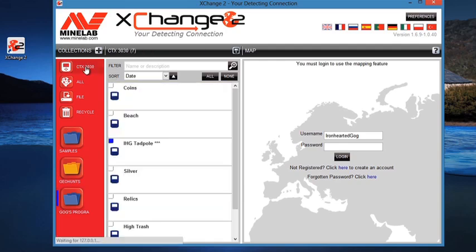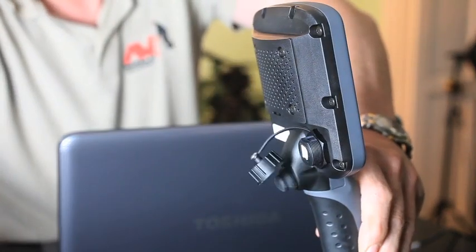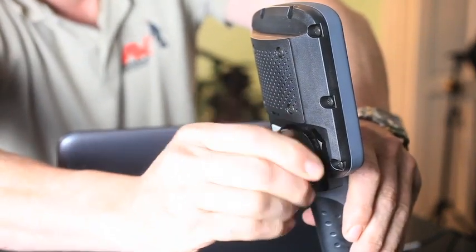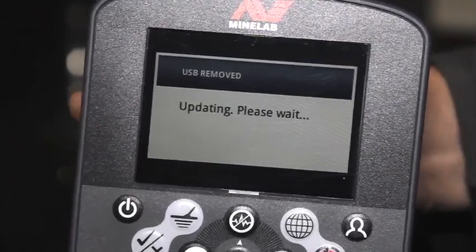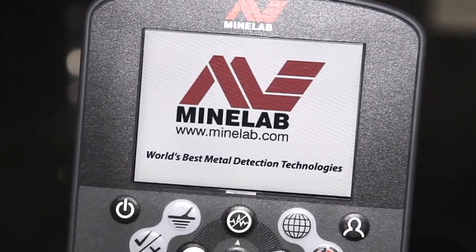Click on the CTX 3030 tab, and we can then see the two downloads are now sitting on our detector. So then all we have to do is disconnect the USB cable, and then the CTX 3030 will update its programs and save those to them. So that's it, the files that we downloaded off the internet now on the CTX 3030. So it's just a matter of getting to the field now, going into the menu, finding the new mode, loading it and start detecting.